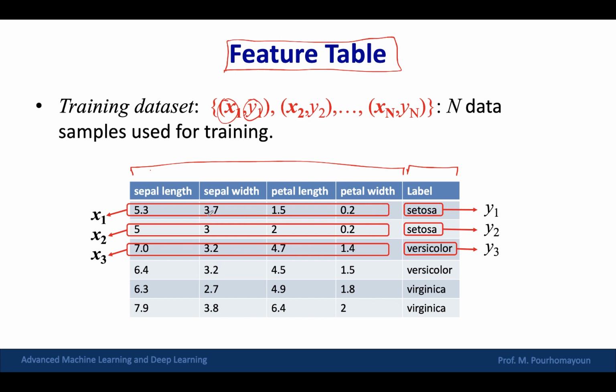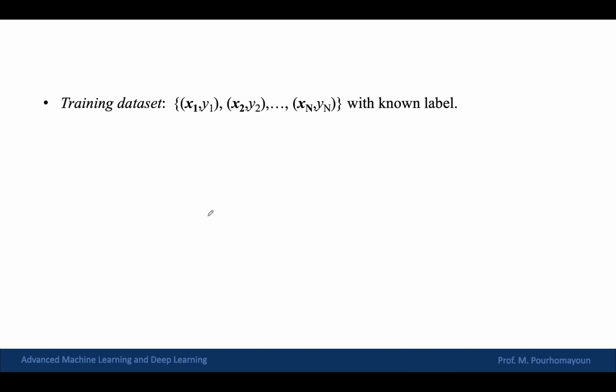So the important thing is that you always receive the data in this format, and you work with this form, or if the data is not in this format, you have to convert it into this format to train your machine learning model. In many cases, the data is not in this format. If you receive the data in the form of an audio signal, for example, usually we extract features and create this table and then use it in machine learning.